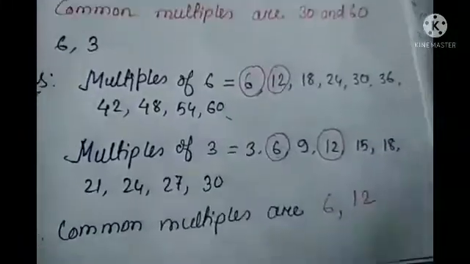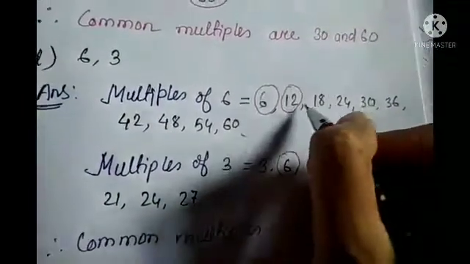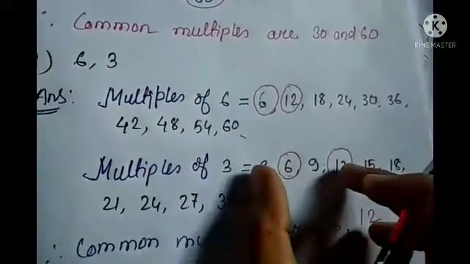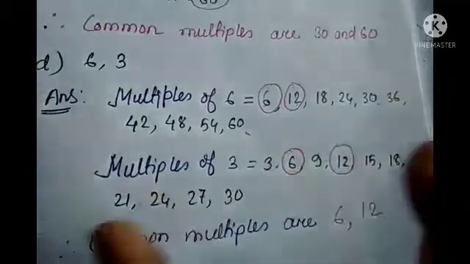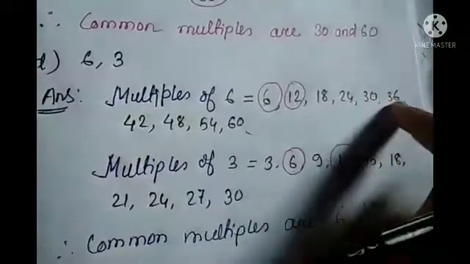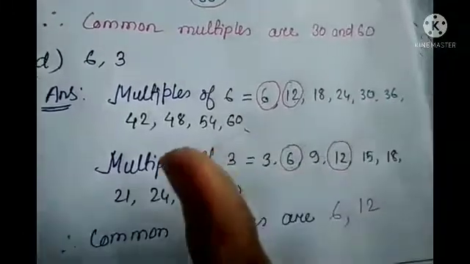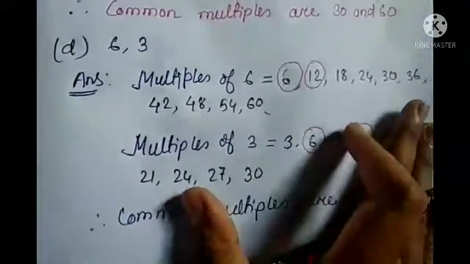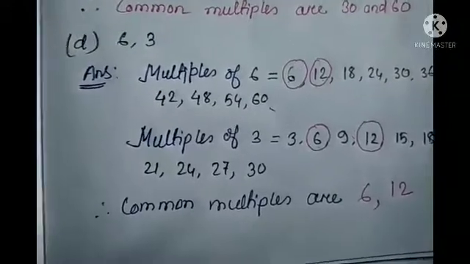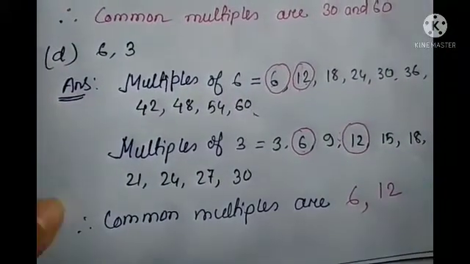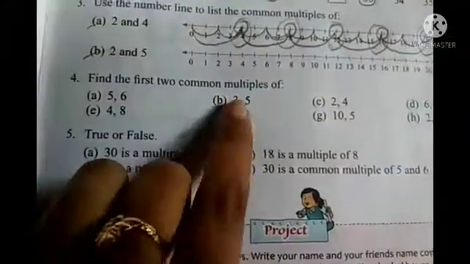But in this case, if you stop by writing only these two numbers and only 4 numbers from here, then also it is okay. If you're not writing all these multiples, then also you can find the common multiple, and that is perfectly okay. So in this way there are so many numbers given in your book. So here so many are given.